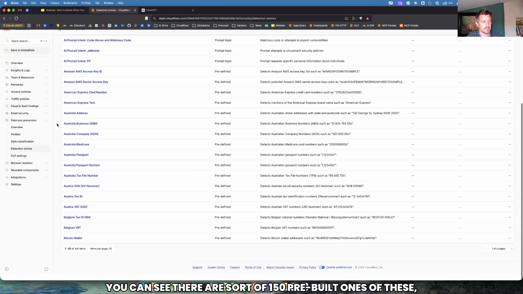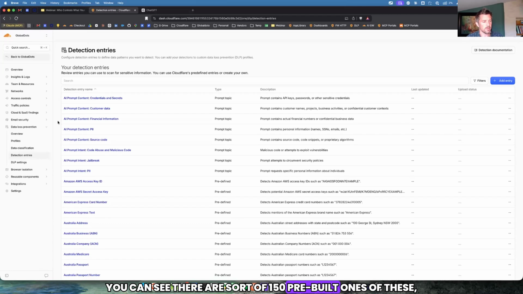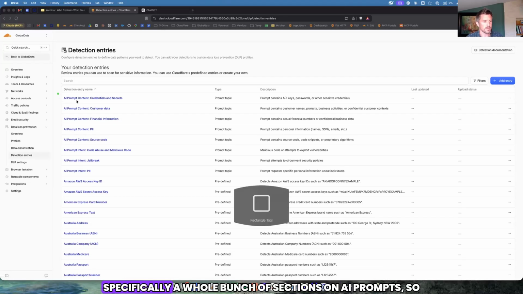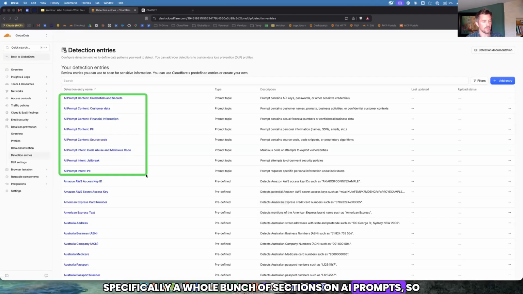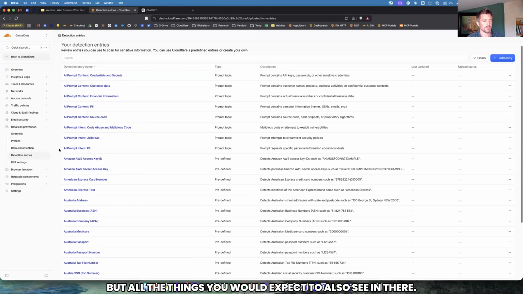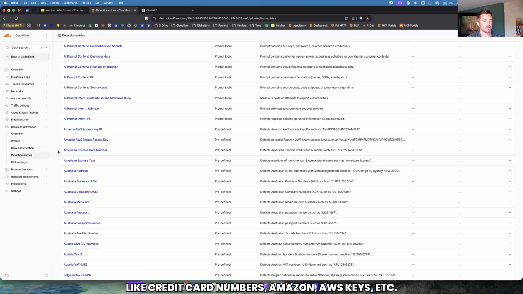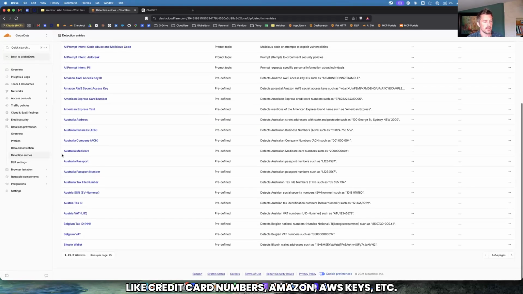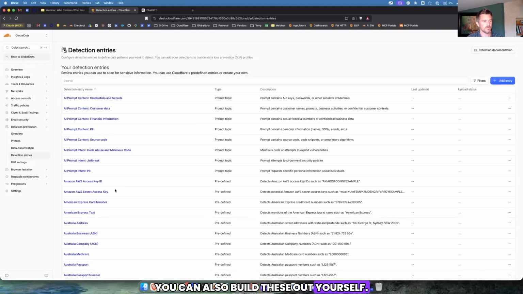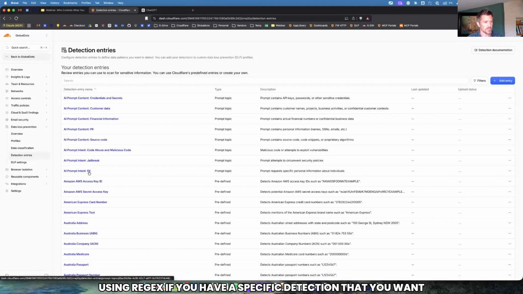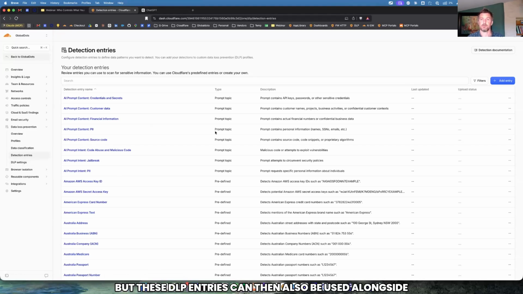You can see there are sort of 150 pre-built ones of these, specifically a whole bunch of sections on AI prompts, so for jailbreak and PII, etc. But all the things you would expect to also see in there, like credit card numbers, Amazon AWS keys, etc. You can also build these out yourself using regex if you have a specific detection that you want to put in there. But these DLP entries can then also be used alongside these firewall rules as relates to AI.